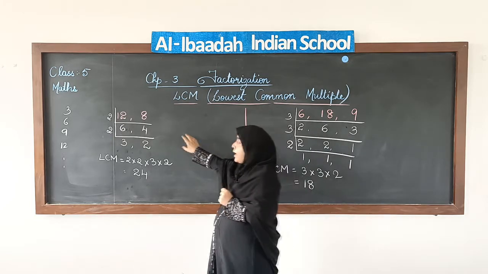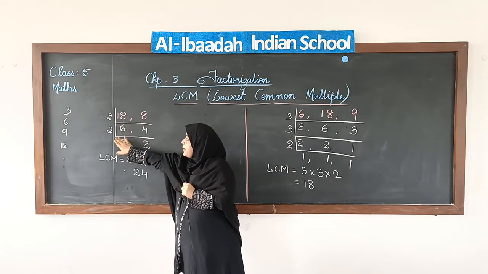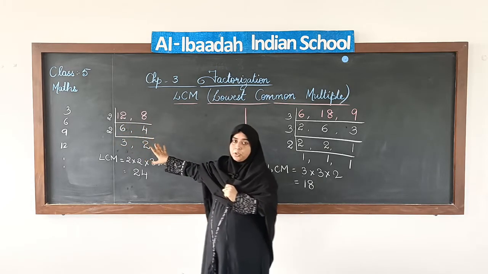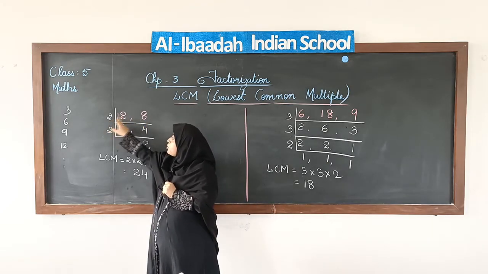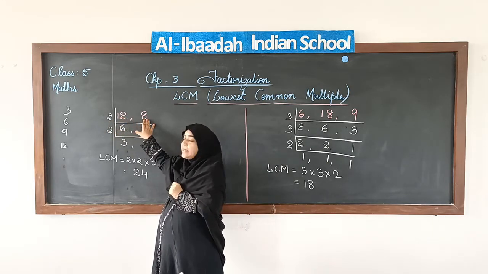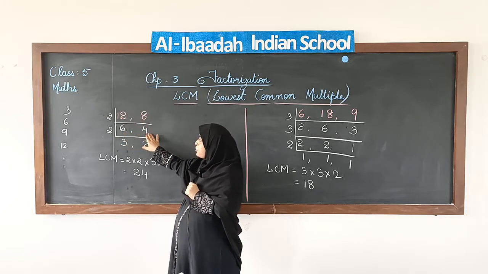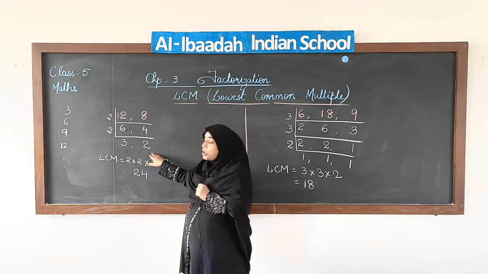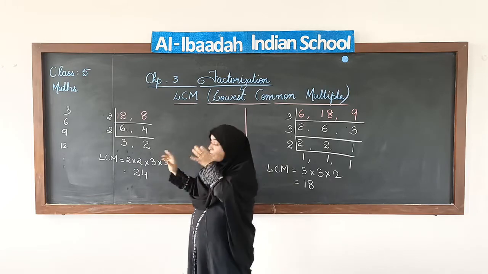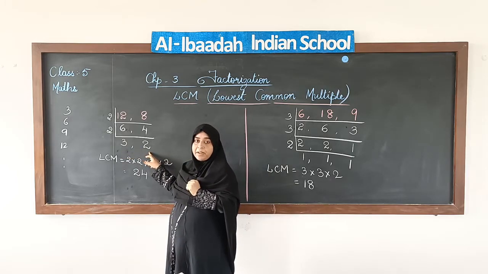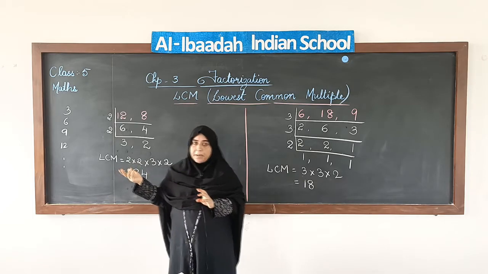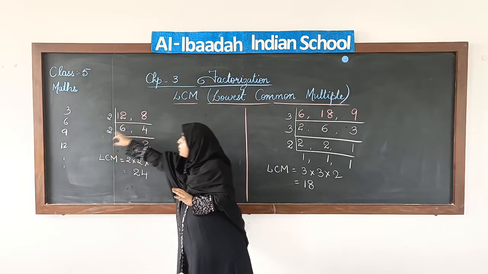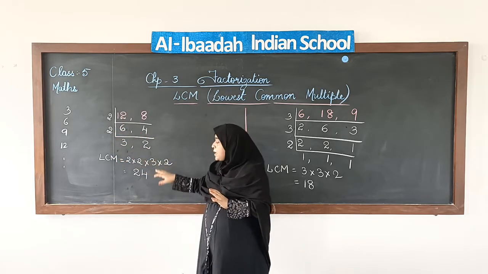In the first one, I took 12 and 8 and I started dividing with prime factors. I used the prime factorization division method to do this, and I started dividing with the common prime factor for 12 and 8. Then I got 6 and 4, and again I could divide it with 2, which was a common prime factor for both. Here I stopped because I did not find any common prime factor for 3 and 2, because they themselves were prime.